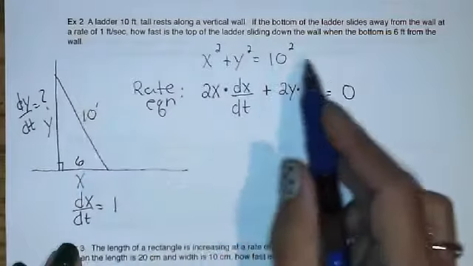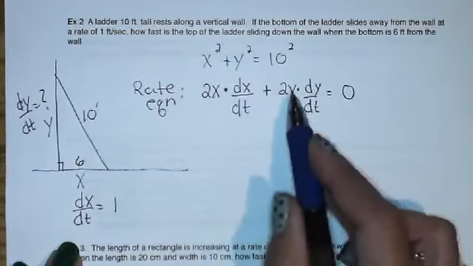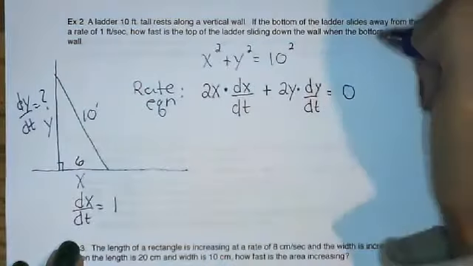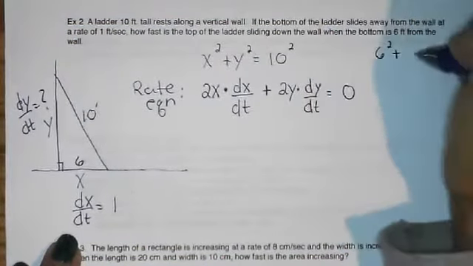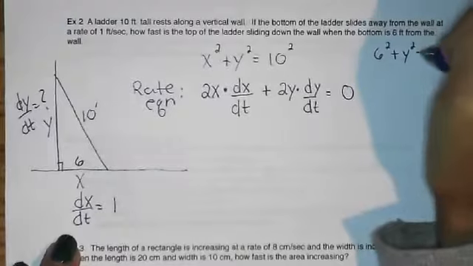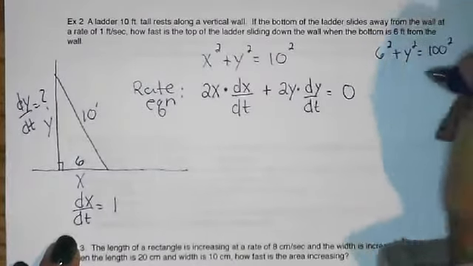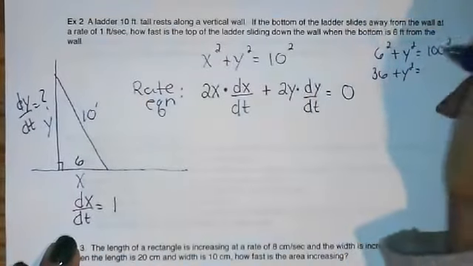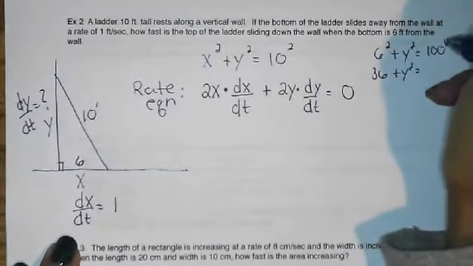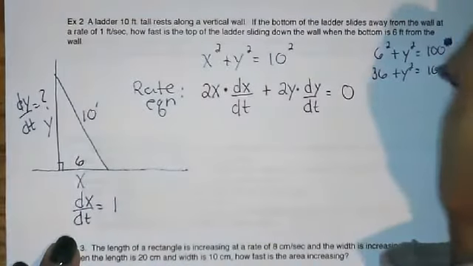So now when x is 6, I need to know what the y is, and I can get that just by using Pythagorean theorem. So off to the side, I need to figure out y so that I can plug in for x, y, and the dx dt. So 6 squared plus y squared equals 100 squared. So that's 36 plus y squared